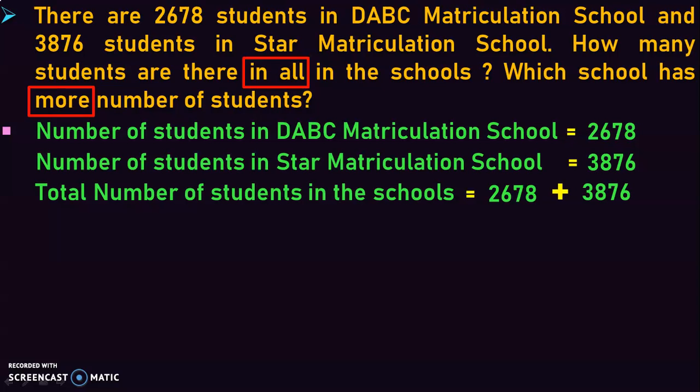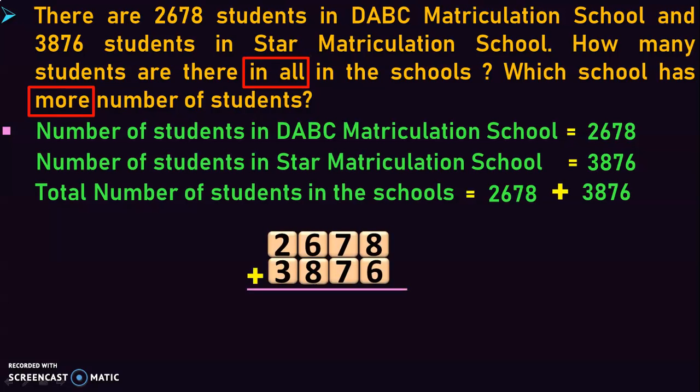3,876. To do the addition, write down the numbers one below the other. So 2,678 plus 3,876. Write down the place values as usual: ones, tens, hundreds and thousands, because we have 4-digit numbers over here. Begin the addition from the ones place. 8 plus 6 will give you 14. So 4 will be written in the ones place and 1 will be taken as a carryover to the tens